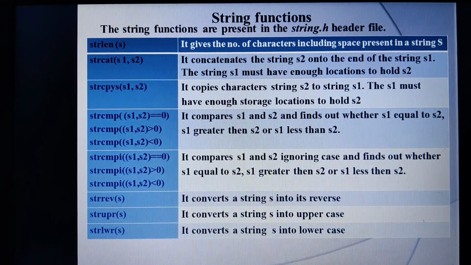Then instead of manually writing for loops and all, I can just use the built-in function. I can just pass strlen of Akhila. If you pass it, it will automatically count the number of characters, and it would return me the answer, even including spaces. Akhila is one word. Now if I give C++ space programming, even including the blank space, it will count and give me the total length of that string.